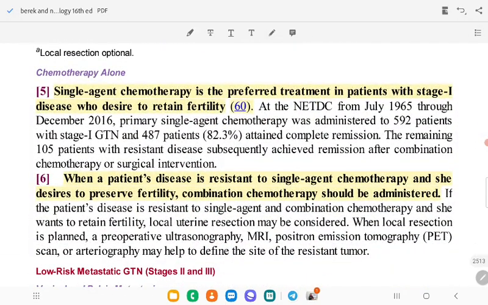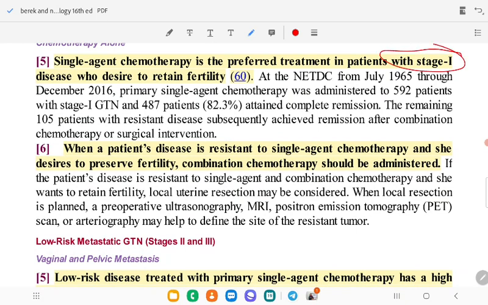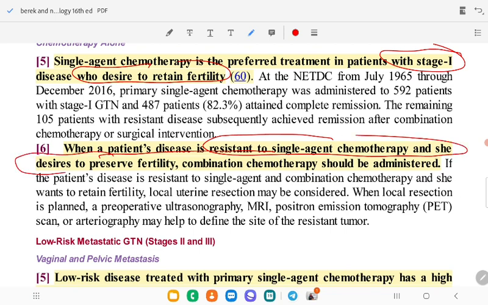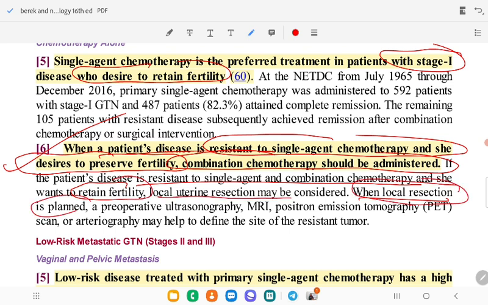Chemotherapy alone, single agent and combination chemotherapy. Looking at the preferred treatment for stage 1 low risk disease, women wishing to retain fertility whose disease is resistant to single agent chemotherapy can receive combination chemotherapy. For those resistant to single agent and combination therapy who want to retain fertility, you can go for a local uterine resection. When local resection is planned, a preoperative ultrasonography, MRI, and PET scan should be performed to help define the site of